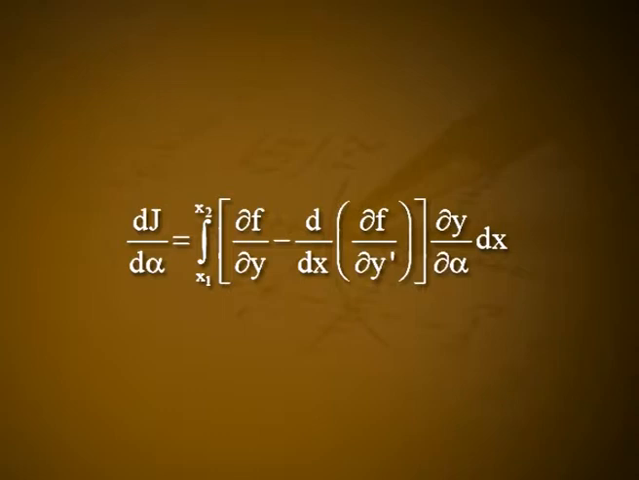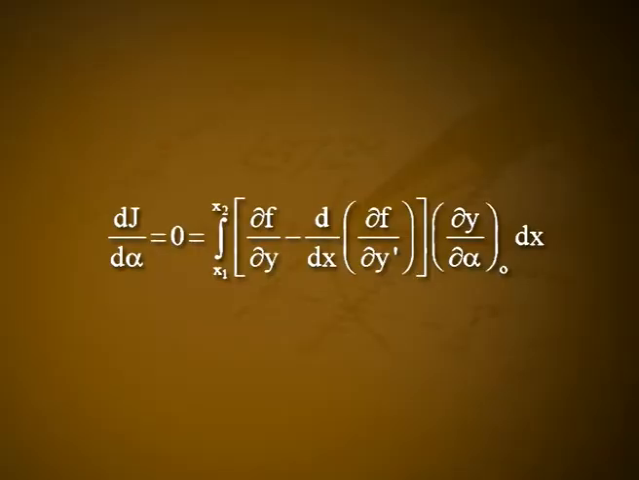All the neighboring curves above as well as below y of x must pass through a and b. Hence, the partial derivative of y with respect to alpha at x1 and x2 must be 0. So, the first term on the right hand side of equation 5 is 0. Substituting in equation 4, dJ/dα is equal to integral from x1 to x2 of [∂f/∂y minus d/dx of ∂f/∂y'] ∂y/∂α